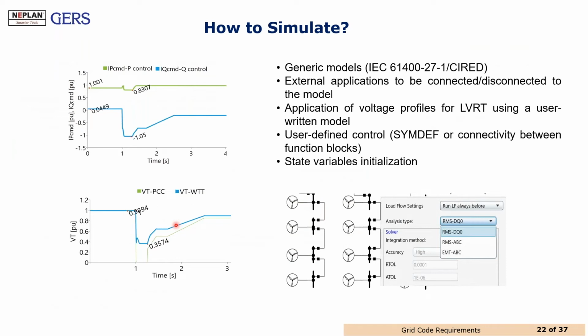How to simulate? Can we create the model to validate the grid code compliance? The first step is to check if the generic models are acceptable. If the generic model is acceptable, we can check if the dynamic response can meet the specifications on location or different